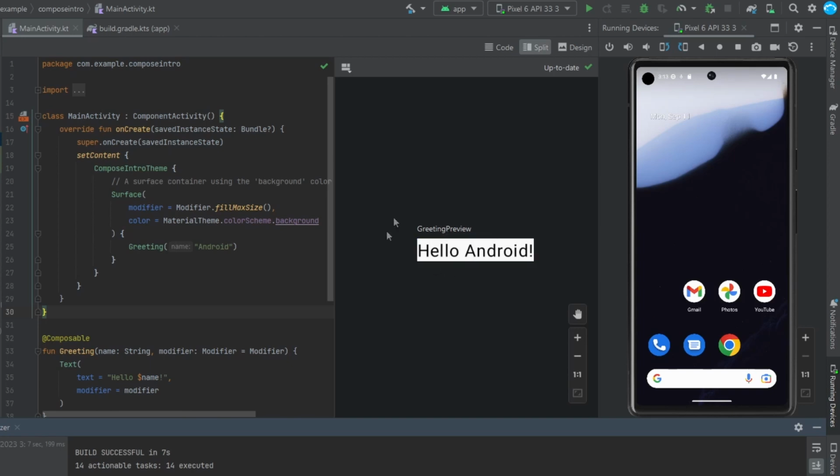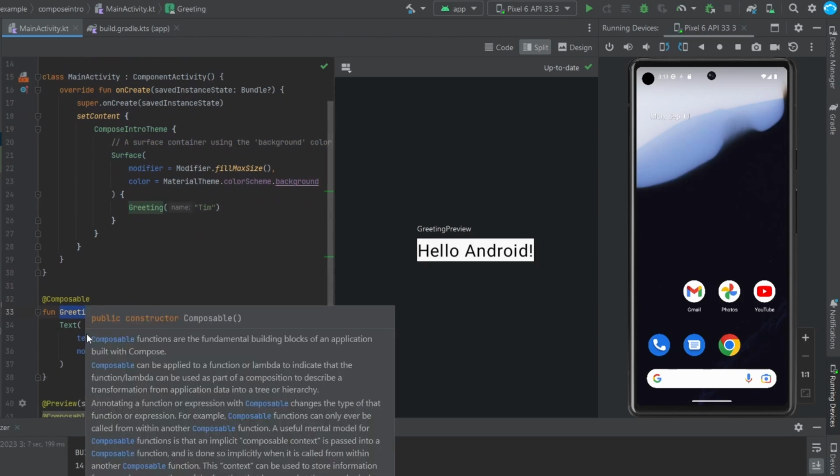Now this is our compose. Whatever compose is building, this is what you're going to see in your preview. So if I come over here and if I take that Android and I change it to Tim, you'll notice nothing changes, even though it just said it rendered a new preview, nothing changed. And that's because this is our main activity, which calls our greeting